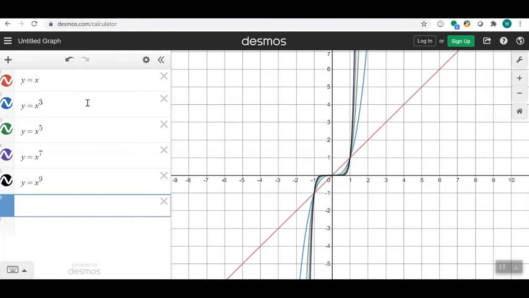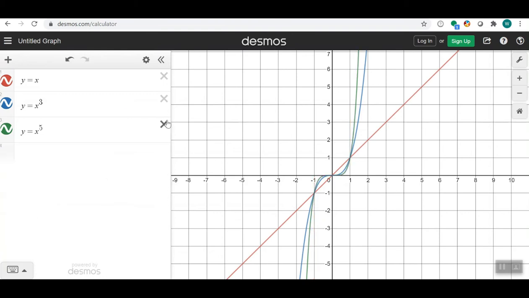In fact, think about the craziest odd number that you can think of. Like, what's a really, really large odd number? And in fact, let's try this. Let's try something like y equals x to the 51. And of course, you'll notice they're all essentially the same. Now we're going to look at what similarities all these functions have in common very soon, but real quick, we